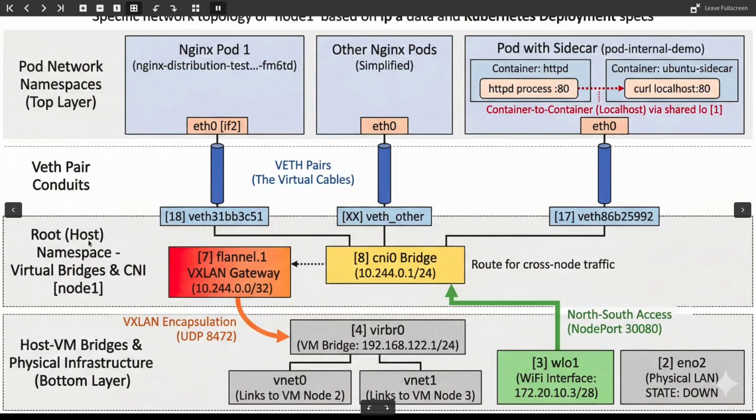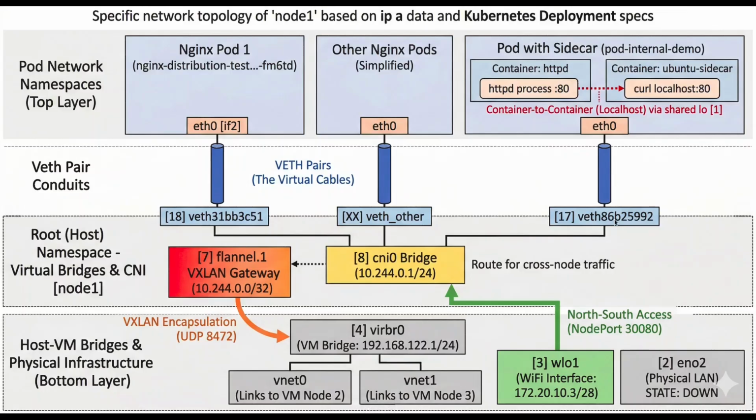Okay, so this is the root namespace here, and these are all the veth pairs in the kernel. You can see the virtual pipes. One side is in my veth inside my host machine, which I already showed you in the ip a output, and one side will be inside the pod. Now I hope you are getting it. These are the veth pairs. Why is it called a pair? Because one side will be inside your host node